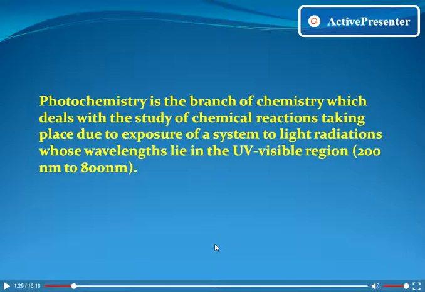In short, we get to know that photochemistry cannot occur without light. So for it to occur, the molecules or atoms should absorb the light radiations. Okay? And then these radiations should have a specific wavelength corresponding to the electronic transition taking place in that particular reaction. Okay? So let's look at the